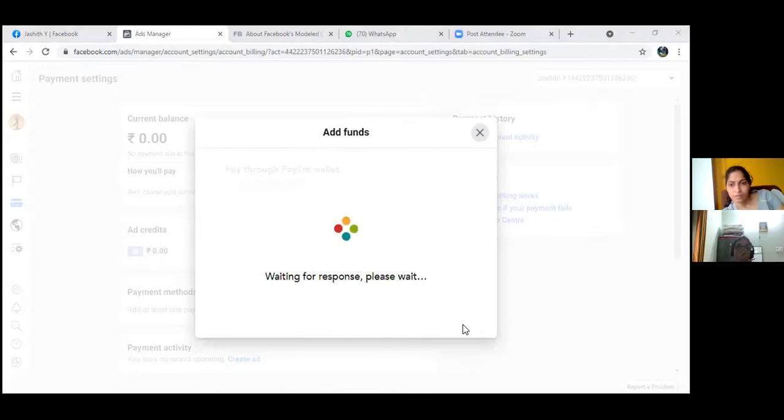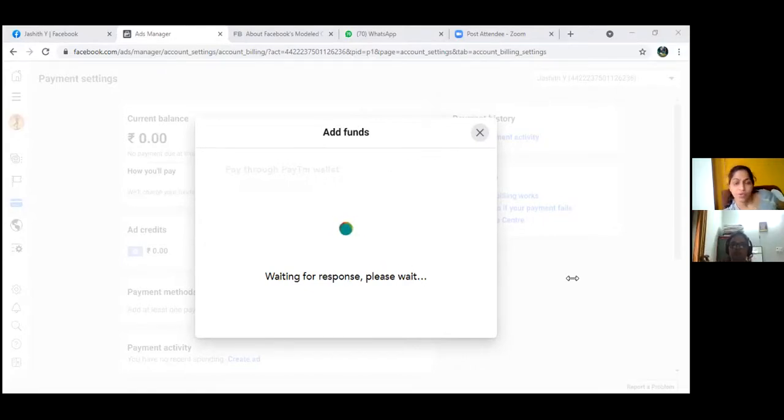Again you will get an OTP, it seems. It's your first time doing this, so all these things will happen. But you should learn all of this, because in future also you will be doing campaigns, so you should know all these things. Where is the proceed? There is no proceed. Since it's the first time, it happens like that. Try again in the evening. So this is the process of how to add the amount.